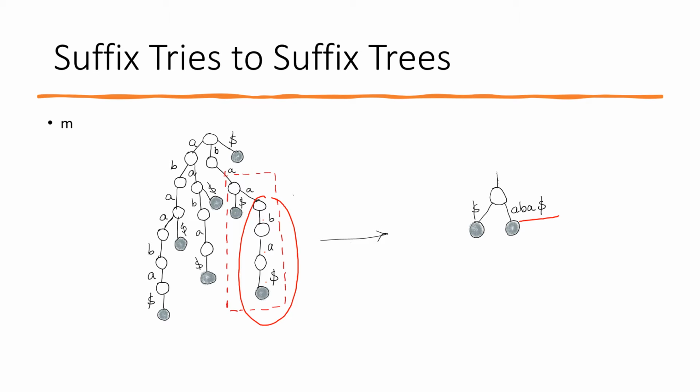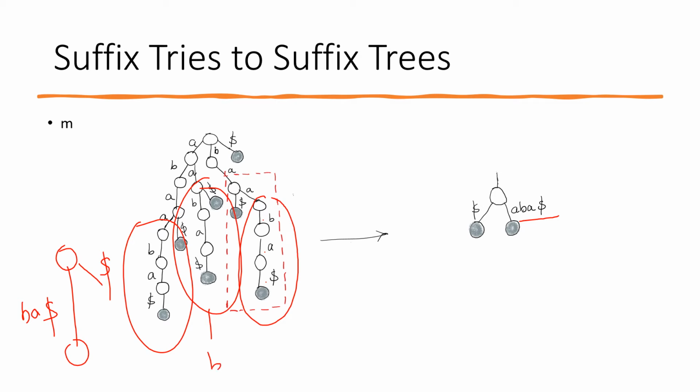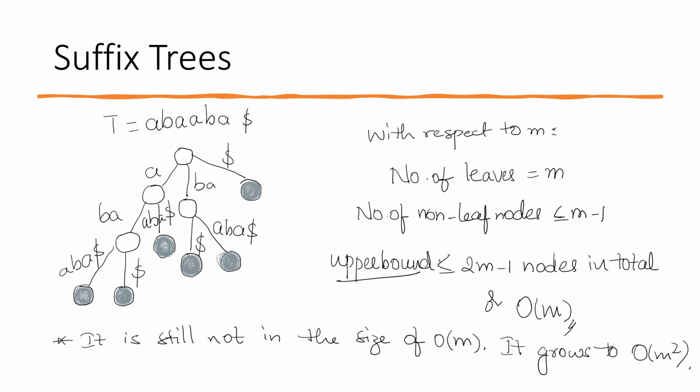So this way, by compressing all these things, this can be compressed like B A dollar. So from here it goes to B A dollar, followed by dollar, like this. So all these things can be compressed, and then this can be B A dollar. So we can compress like this, and then we can form the suffix tree. So previous thing, I just compressed and then wrote this, and I wrote this one.